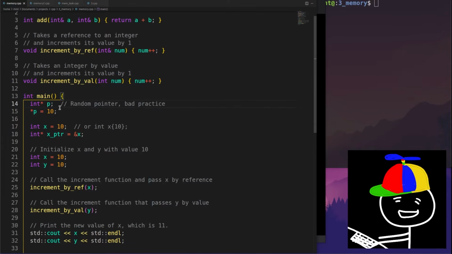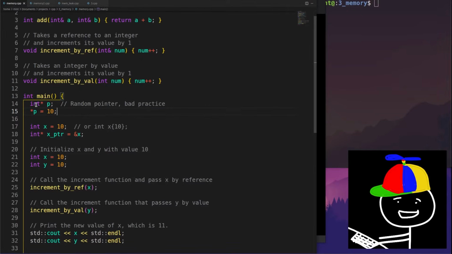And this is bad because if that memory address happens to be taken by the operating system or some other program, and I try to dereference and manipulate that memory, it can result in a crash, because there are certain memory addresses or spaces that are protected, and you shouldn't be modifying them.